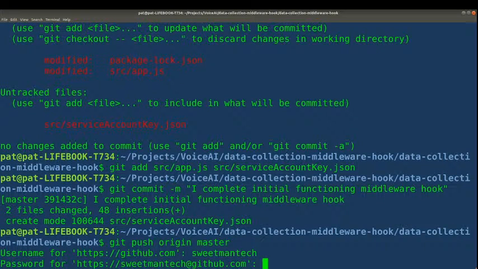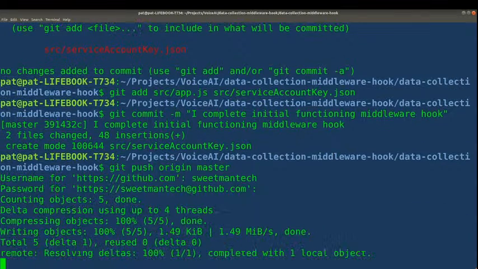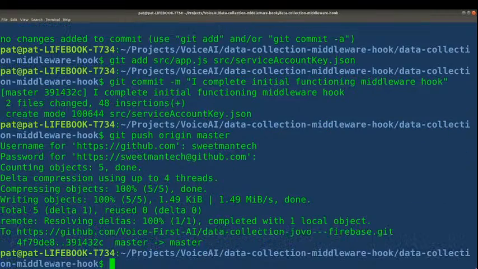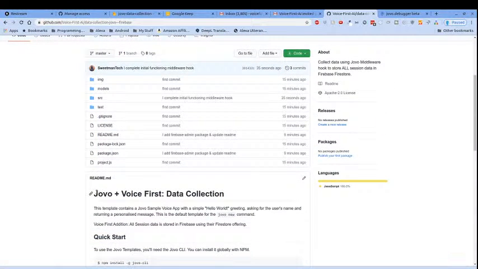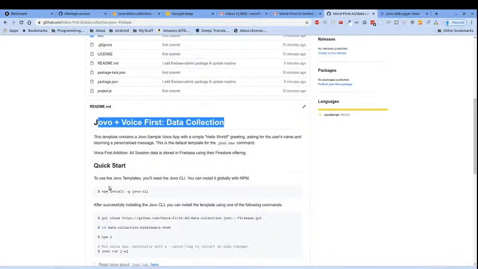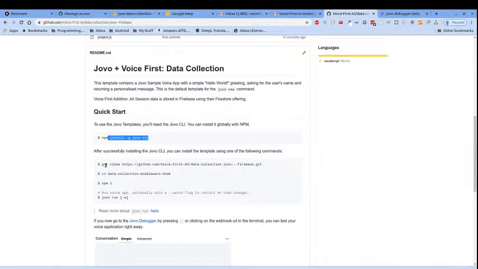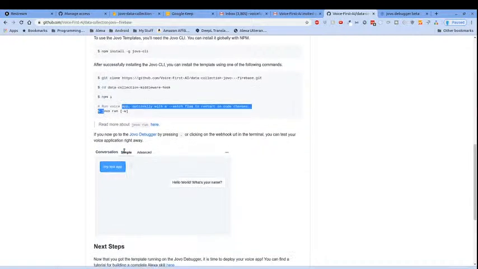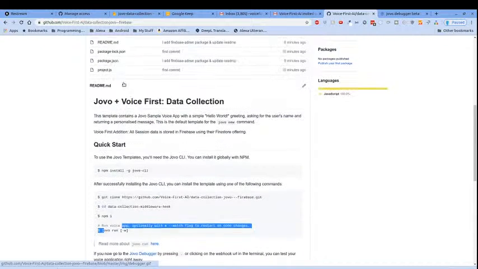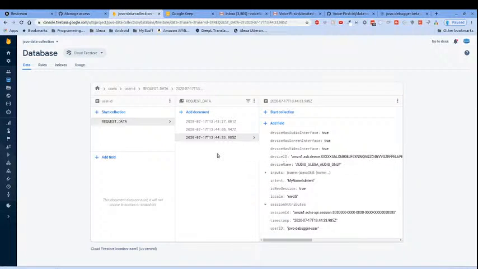Sweetmintech, GitHub insert. Alright, now we've pushed up the code. And let's see if it's updated. We should have a new Jovo plus voice first, data collection. npm i Jovo CLI, then you git clone our repository, you change directory into the middleware hook, and then you run npm i. And then you just run jovo run, and then the middleware hook runs, and all of your info saves to